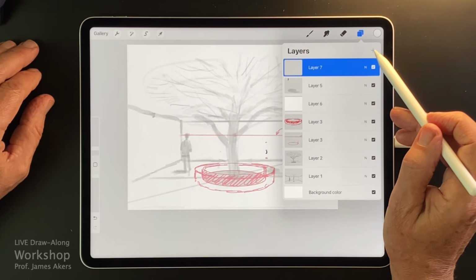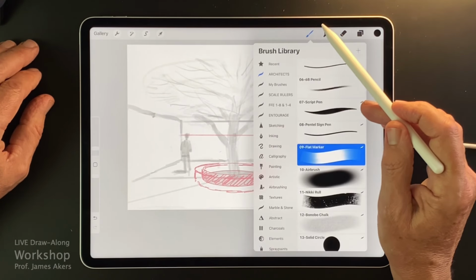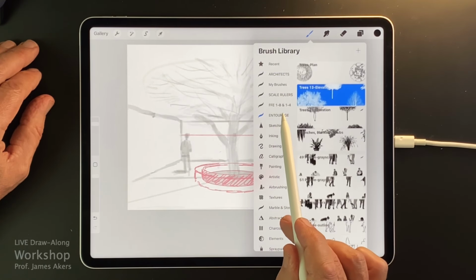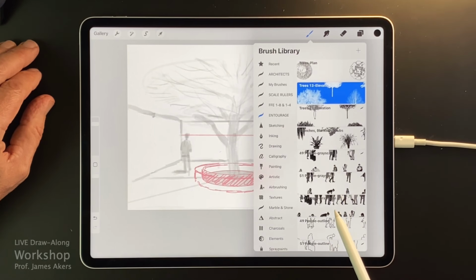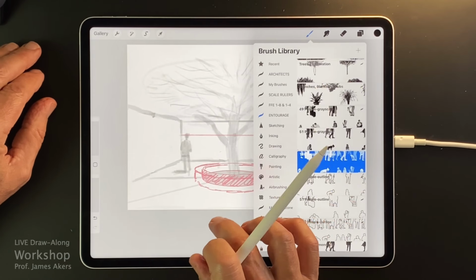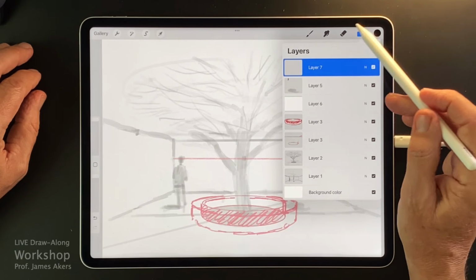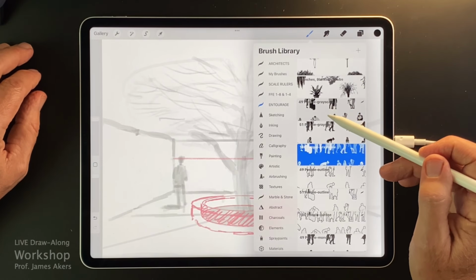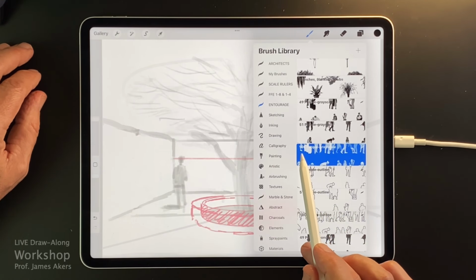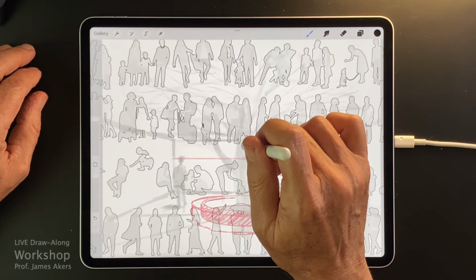So let's add a layer, and I'll go in. I need to be in black, and we'll go in and find our entourage stencils that you guys all have, and we'll go into our grayscale people, and I'll go to this densely packed one, because I'm sure, by going, this is the sort of spread out version, these first two. You can see where it says 49 people, 51 people, but I'm going to go to the 100 people, so I'm sure I get the ones I want. I select that, and then I come up here.